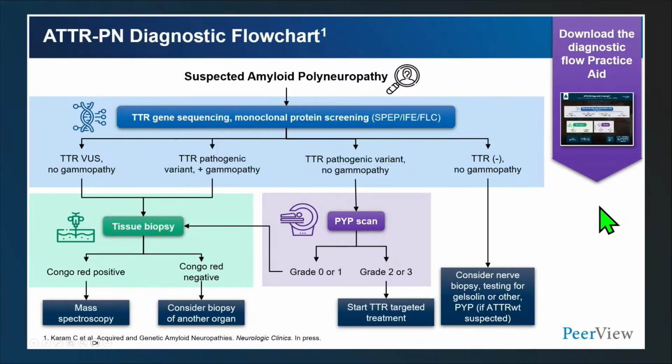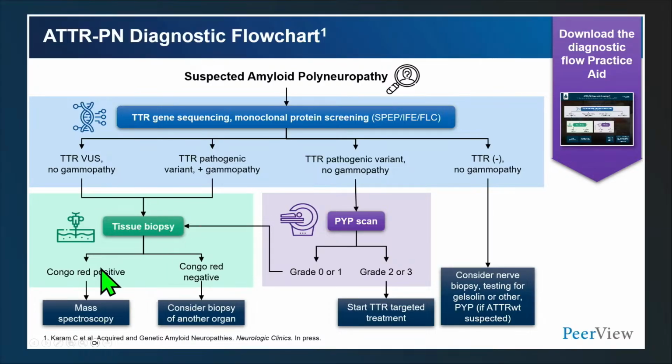So this is our diagnostic flow chart. When you suspect amyloid polyneuropathy, I would argue to get the genetic test very early on, especially since nowadays it is free through sponsored testing. If you do end up having a positive mutation, then you don't want to necessarily assume the neuropathy is from amyloid. You really want to try to get tissue biopsy